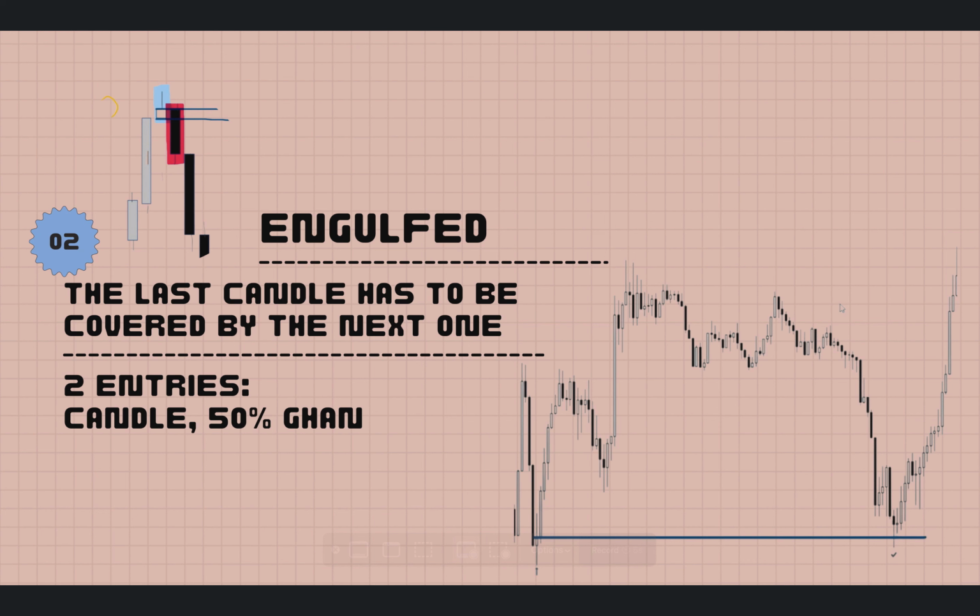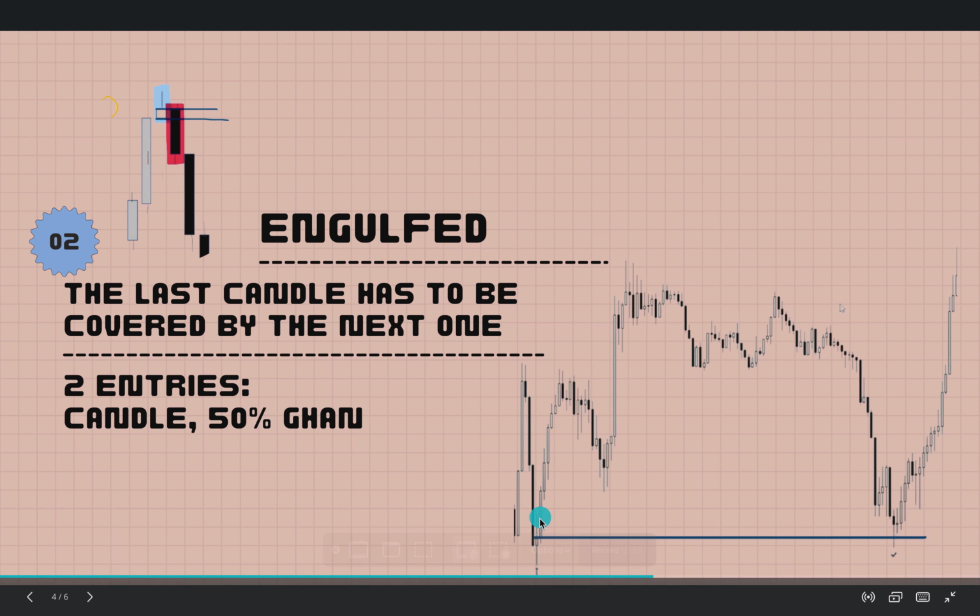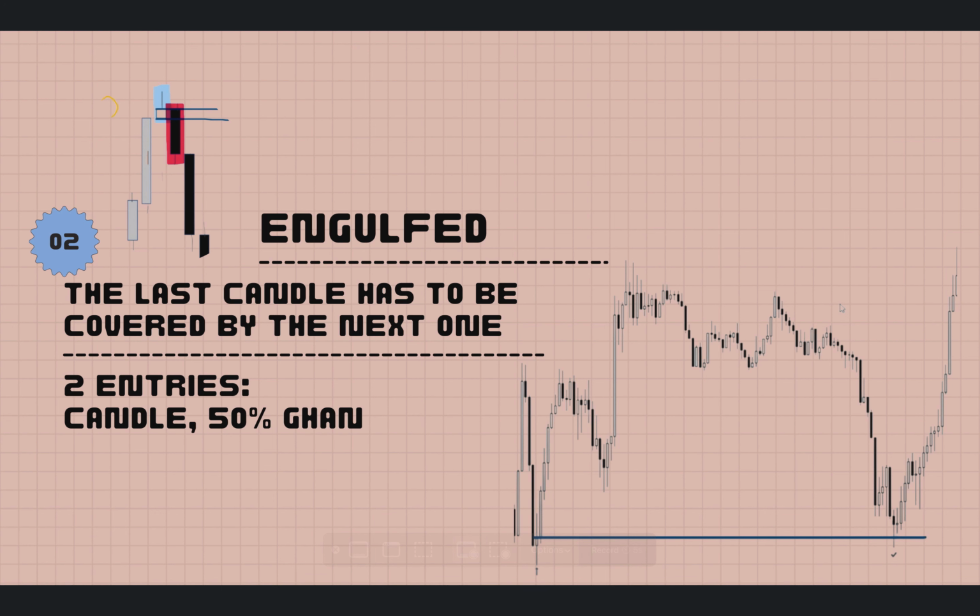So let's go ahead and see what's going on here. The reason why I don't enter off the wick is, look how big the stop loss range is here. The stop loss range is extremely big, and it would just not be very intelligent to actually enter off there. And there is also liquidity being